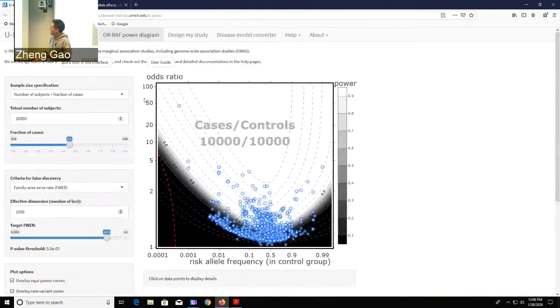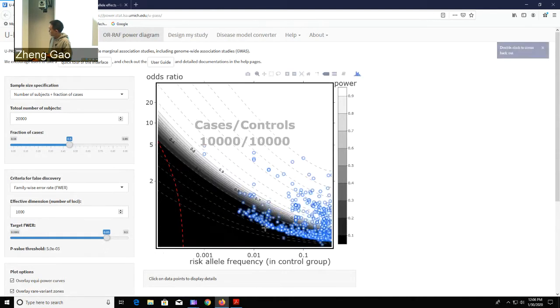And now this app basically quantifies everything, in the sense that if you look at this part of the diagram, it looks almost similar to what we saw before, except now this is a quantitative result. Each dot here still marks one genetic location that is associated with the condition that you're interested in. And then the X and Y locations are the estimated allele frequencies and the estimated odds ratios reported in the GWAS literature. Okay. And this particular point, let me point this out to you,